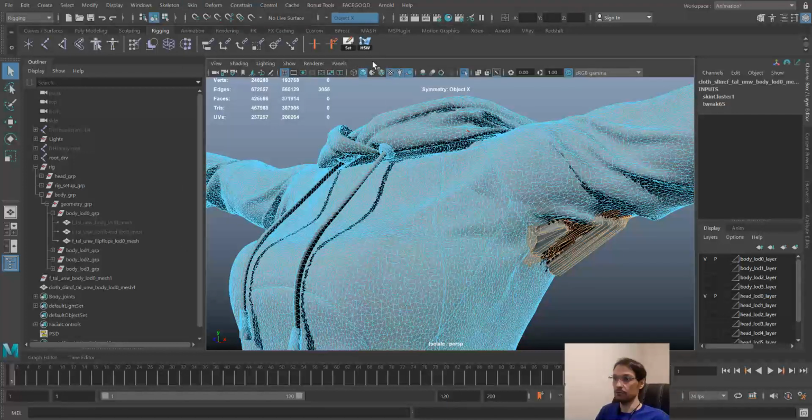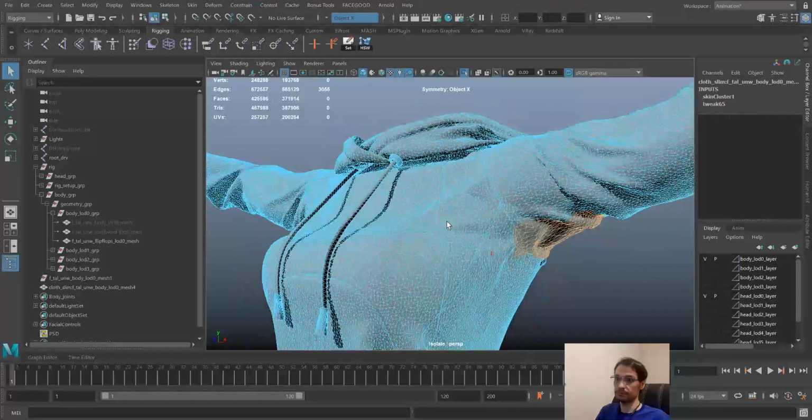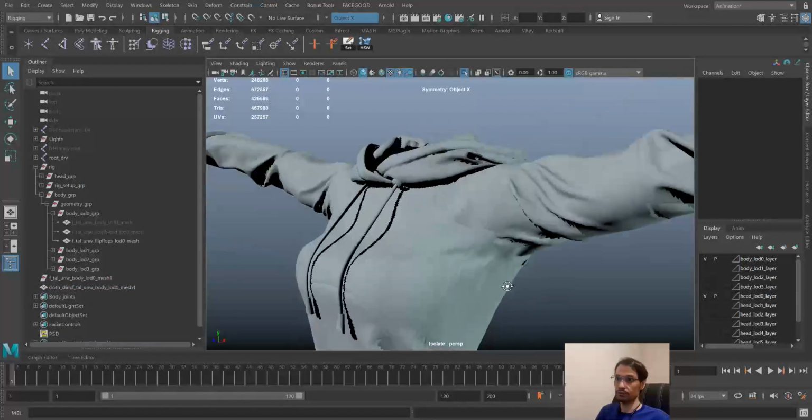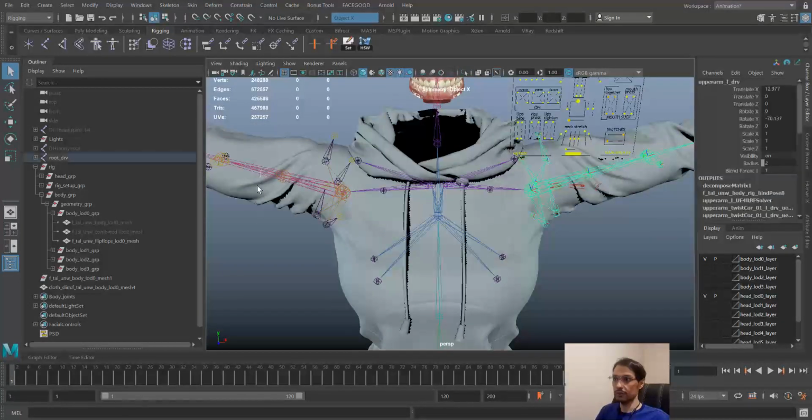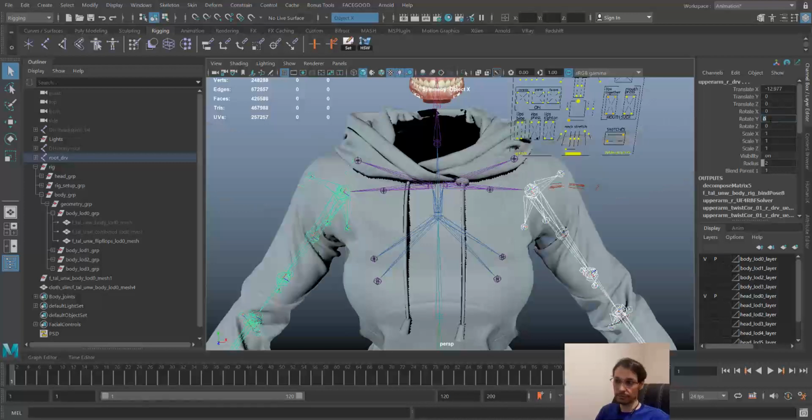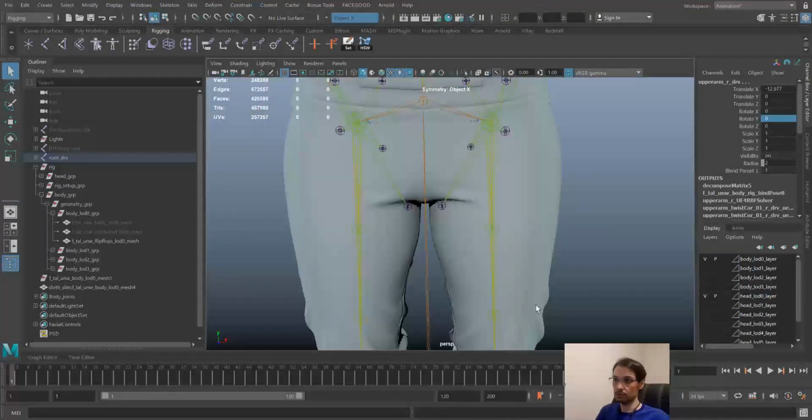And I'm going to use this tool, and it fixes the problem. Now I can get the joints back to 0, and also